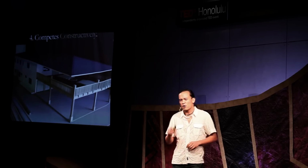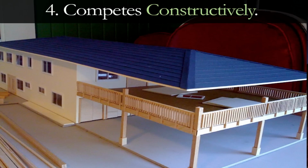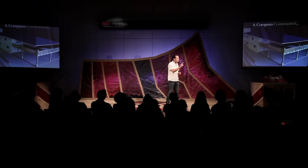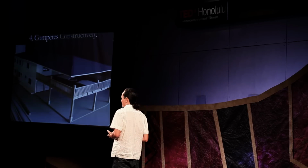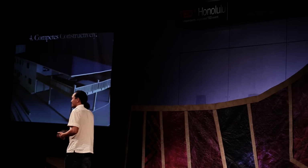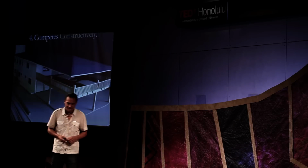A regenerative business also competes constructively because, let's face it, it's human nature. We are competitive beings. But there are 2 ways that we can compete, 2 types of competition. The first is destructive competition, and we've seen the results of that. You just have to look at the ongoing financial crises and bailouts and the whole shenanigans that go on there. Destructive competition at all costs does not work, okay? But constructive